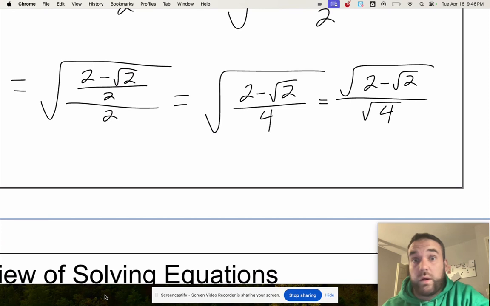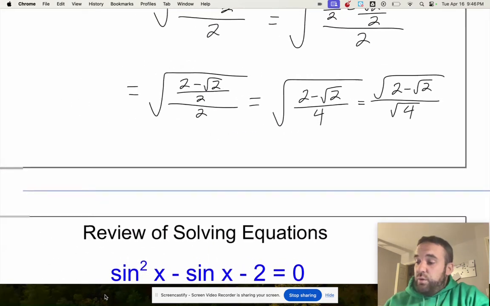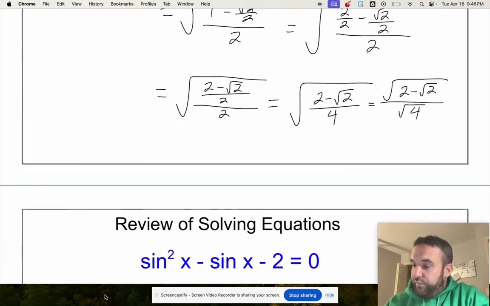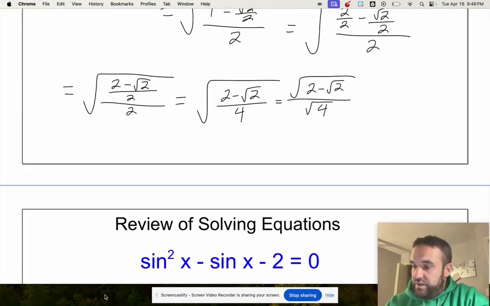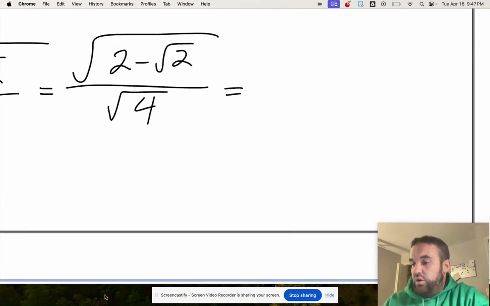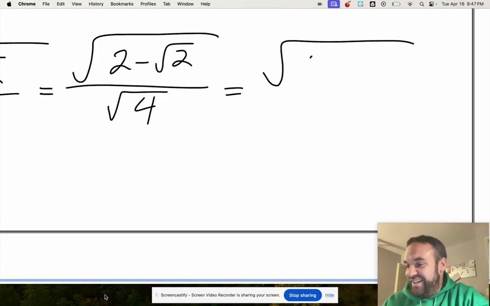That might not look super helpful, but we know the square root of 4 is equal to the integer 2. So my final step here is I'm going to write this as